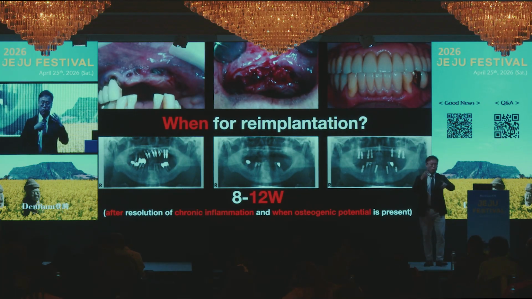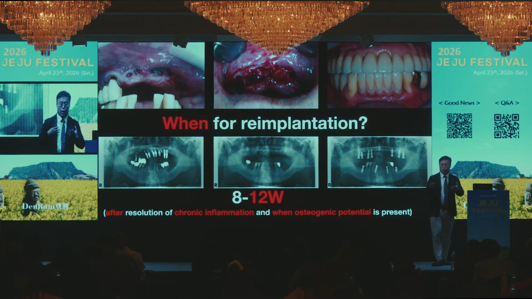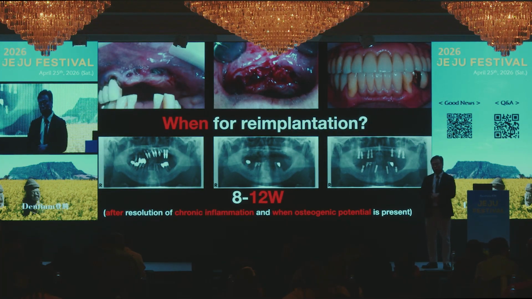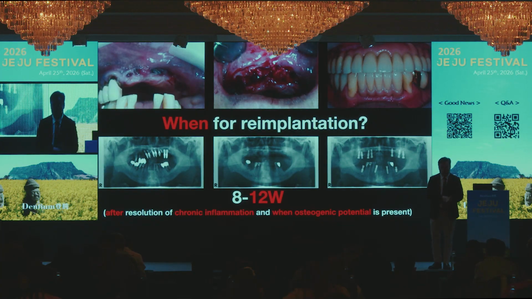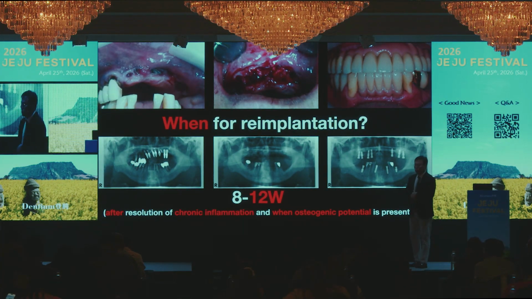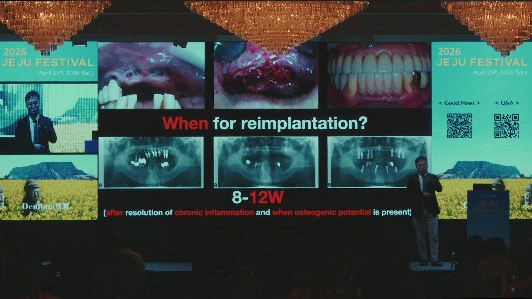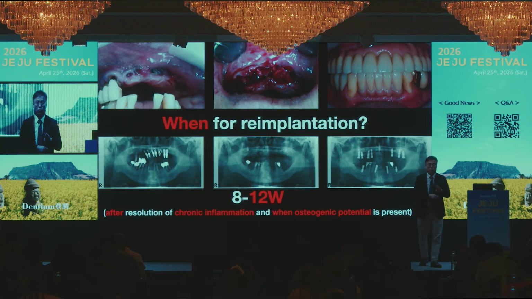I'm going to repeat it many times, because we have to consider when we can place the implant. The answer is after resolution of the chronic inflammation, and also if there is some osteogenic potential in the defect,